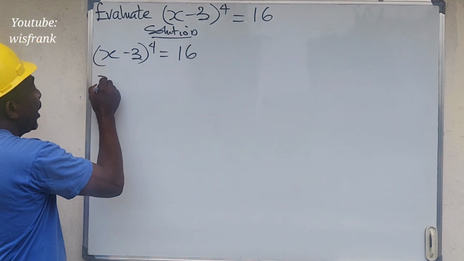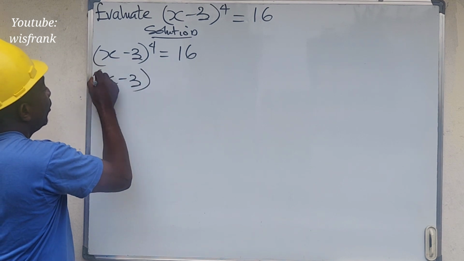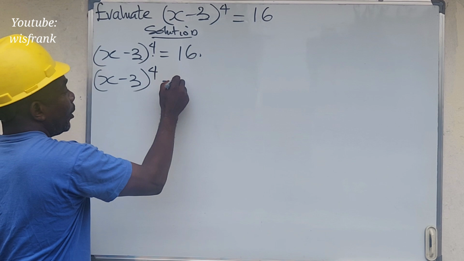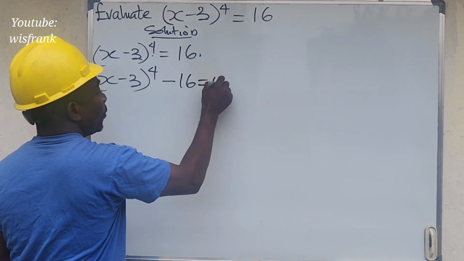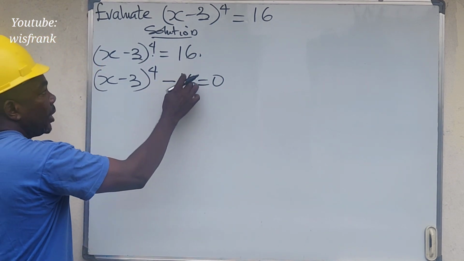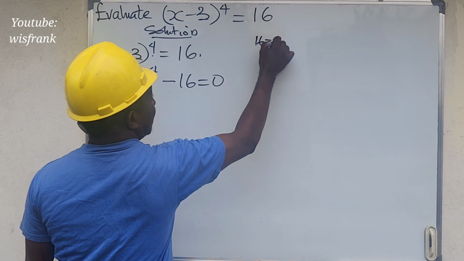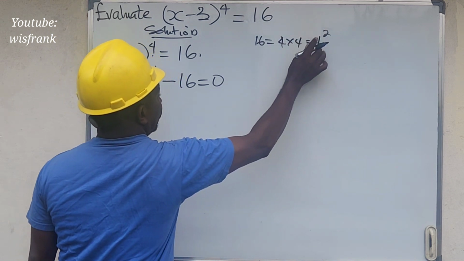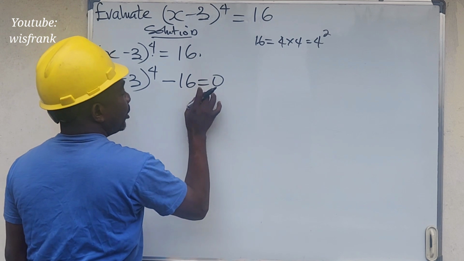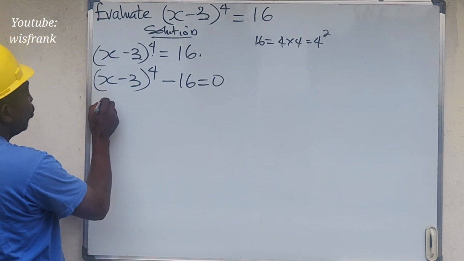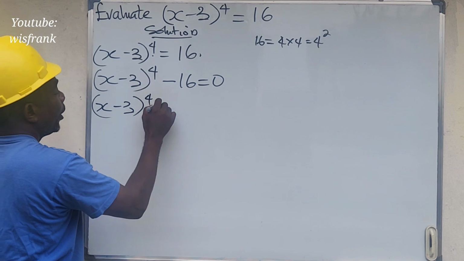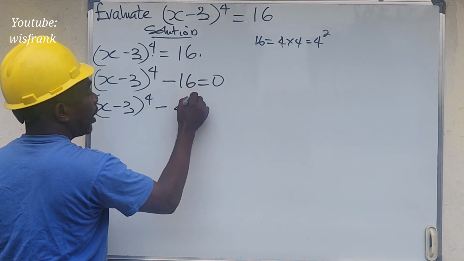So this will become (x − 3)^4. When 16 is transposed to this other side, it becomes minus 16, all equals 0. We know that 16 is the same thing as 4 times 4, which is 4 to the power of 2. So we are going to represent this as 4^2. This will give us (x − 3)^4 − 4^2